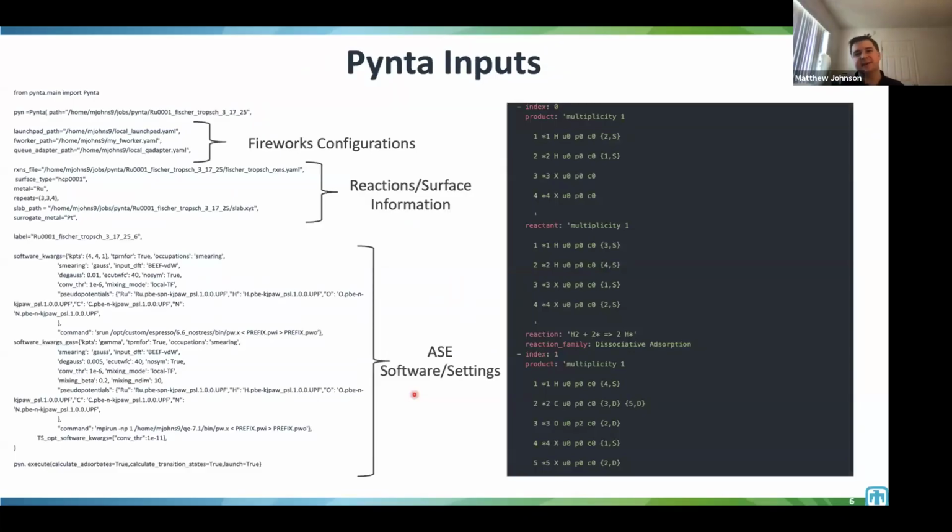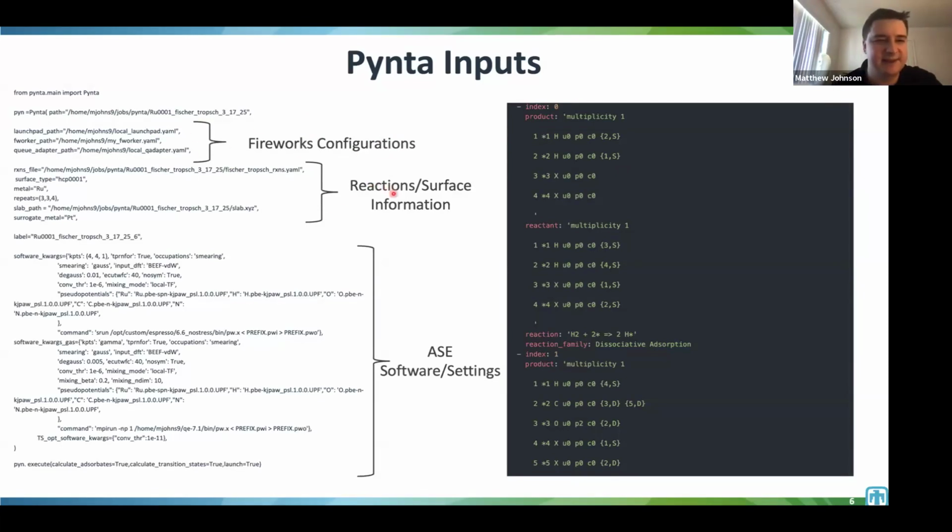But once we have those, we can launch our Pynta run. Here we have these adjacency list formats for our products and reactants. Here we're having an H2 dissociation. In this first one, we have H bonded to H, so we have H2 gas over 2 sites. And in the products, each of these H's is bonded to those X's, and from these label mappings, Pynta is able to figure out what bonds are supposed to break and form in this reaction. We tell Pynta information about how Fireworks, or more particularly the MongoDB, is configured that helps run these calculations and manage them on your cluster,